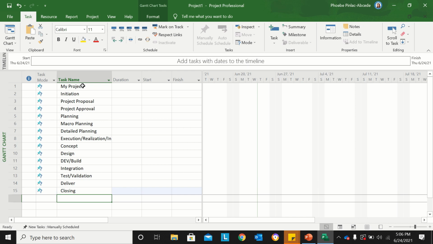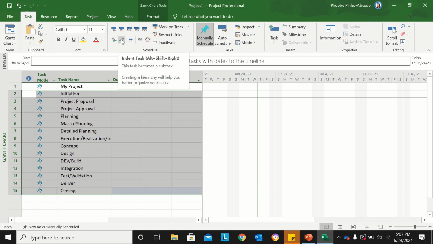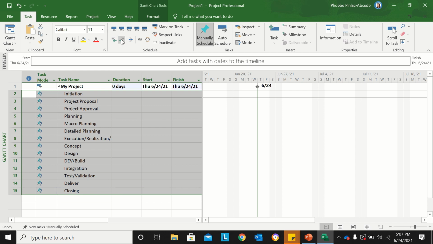Now, I already indicated all of the tasks that we wanted to use as part of this tutorial session. Now, what I'm going to do next is to highlight row number 2 until row number 15 because all of these tasks will be under my main project, which is my project. So what I'm going to do is go to the task ribbon and select indent task. So now all of the tasks became indented and roll up as part of the my project,